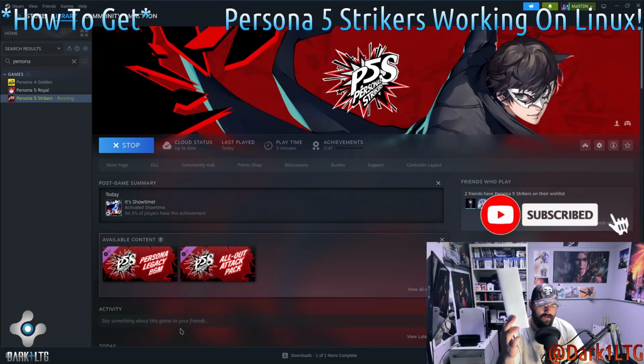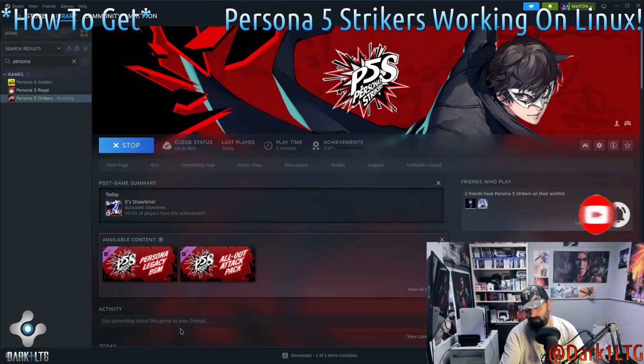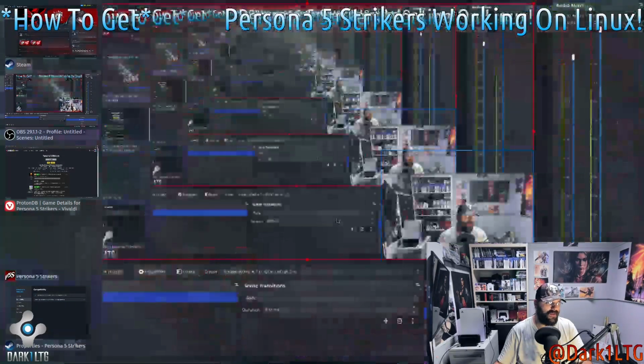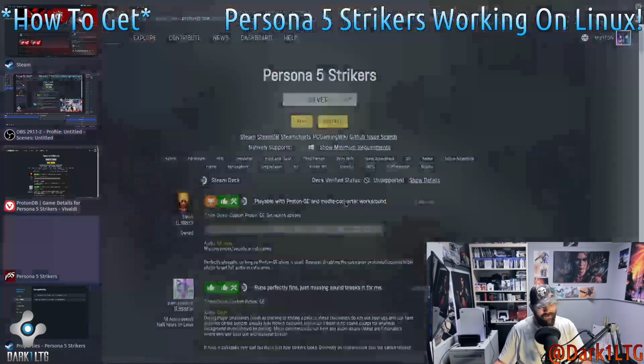We're looking at Persona 5 Strikers actually working on Linux. Here's the thing. Persona 5 Strikers has always been hit or miss with its support. Certain things will work or won't work, etc. The biggest thing for the last probably 6 months that I've seen anyway has been the lack of audio in cutscenes. Well, that's been fixed, and it's been fixed by one little code thanks to Proton GE and by Proton